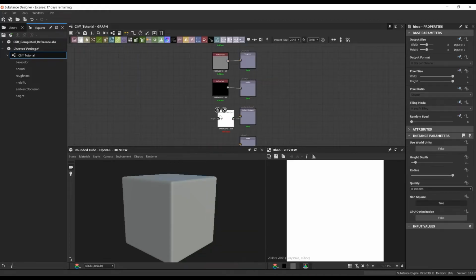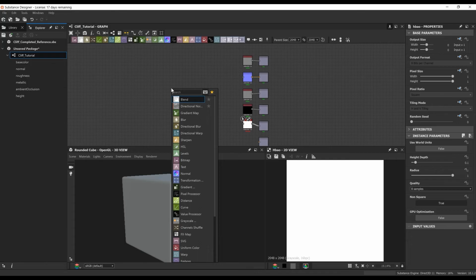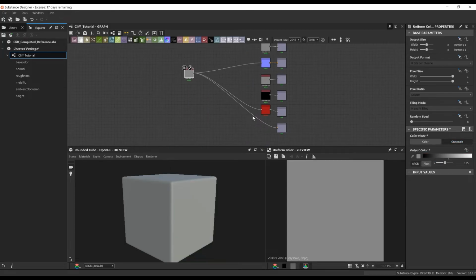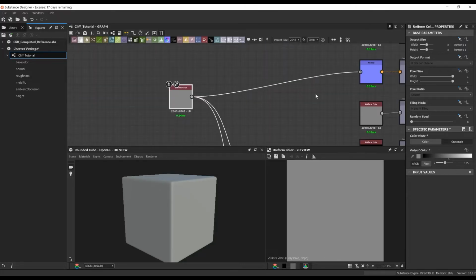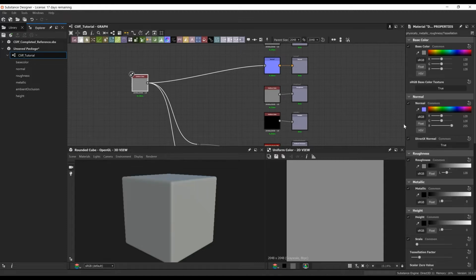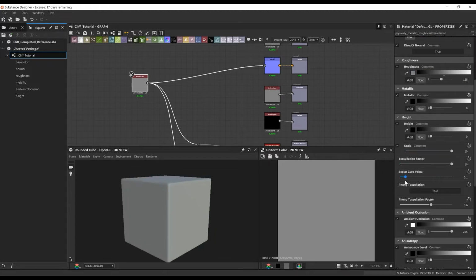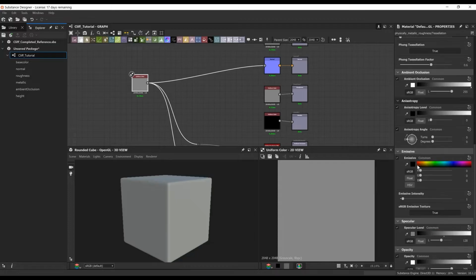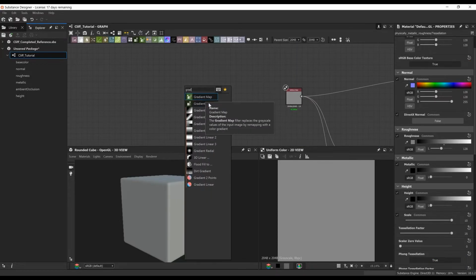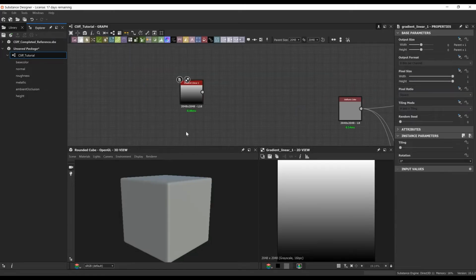also gives me more control on how to set this whole graph up from the beginning. So I like putting some base colors in there and some values on my normal and my ambient occlusion and height. And then I'm going to go into my material and make sure that DirectX is off. And then I'm just going to start with a uniform color, plug all that stuff in.